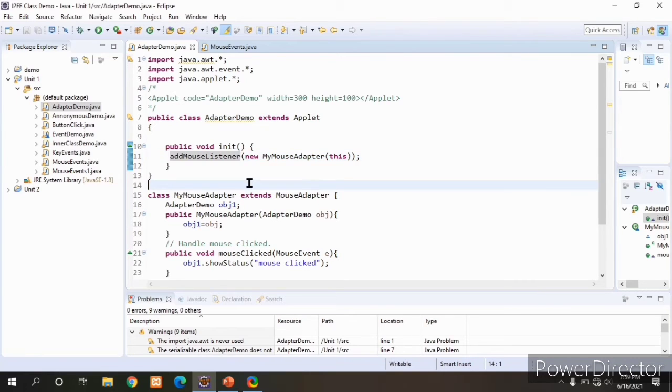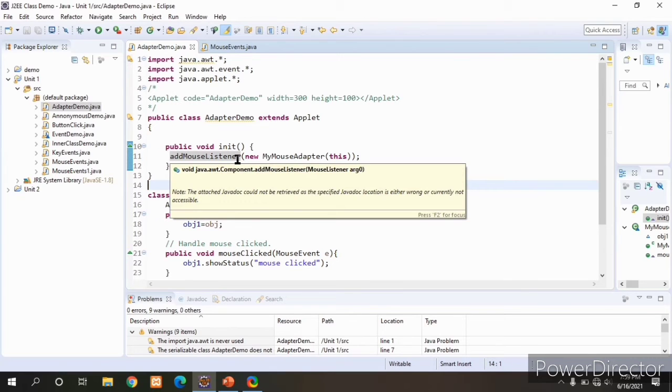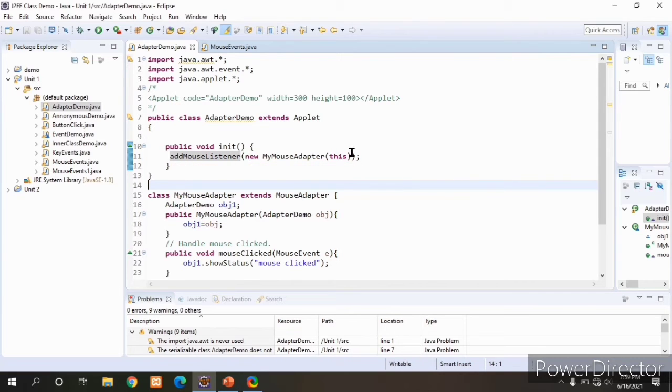In previous programs, suppose I am using an action event, I am registering the button with the listener, and here I am passing the current reference of a class. Here we are using a reference of my mouse adapter, which is defined here, which is extending the mouse adapter.